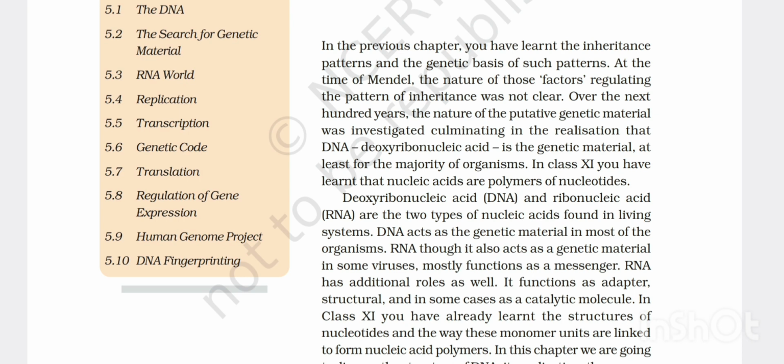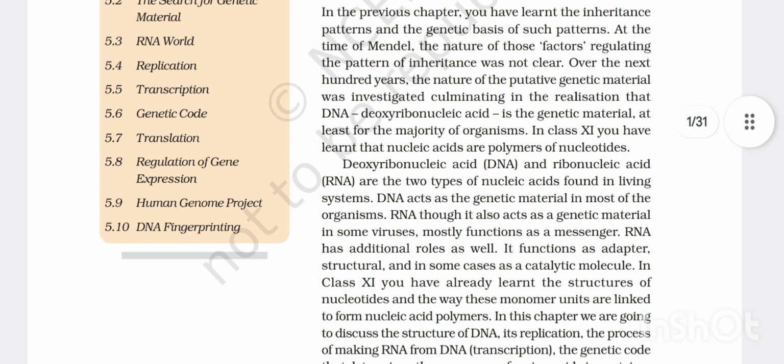In class 11th, you have learned that nucleic acids are polymers of nucleotides. So, polymers are actually made up of many monomers. So, DNA or deoxyribonucleic acid is a polymer and the monomers of it are nucleotides. So, DNA or deoxyribonucleic acid and RNA or ribonucleic acid are two types of nucleic acids which are found in living systems. DNA acts as the genetic material in most of the organisms, and in some